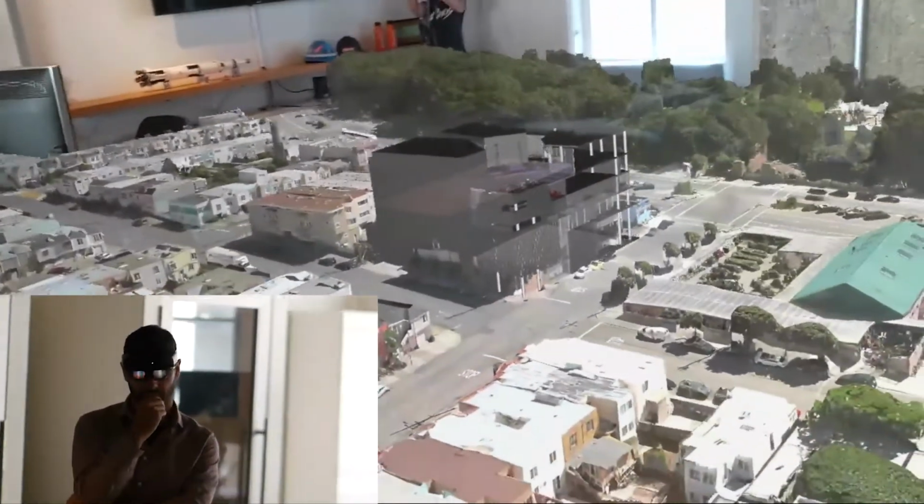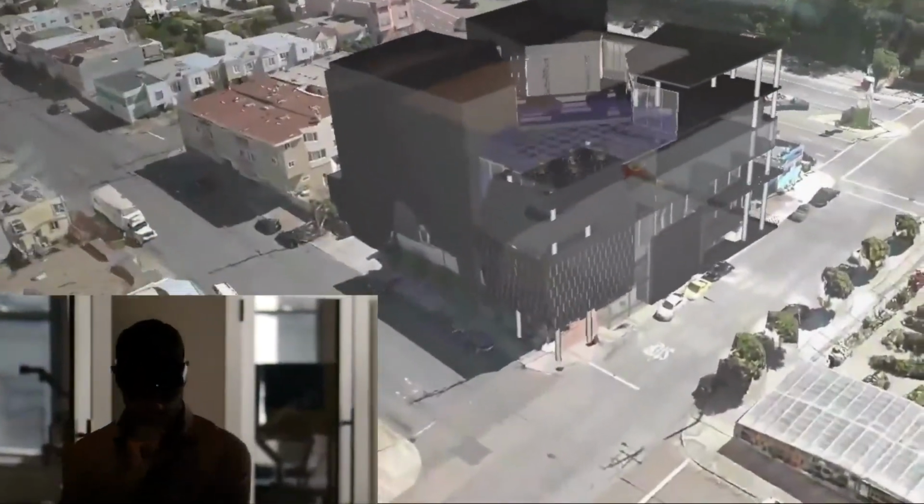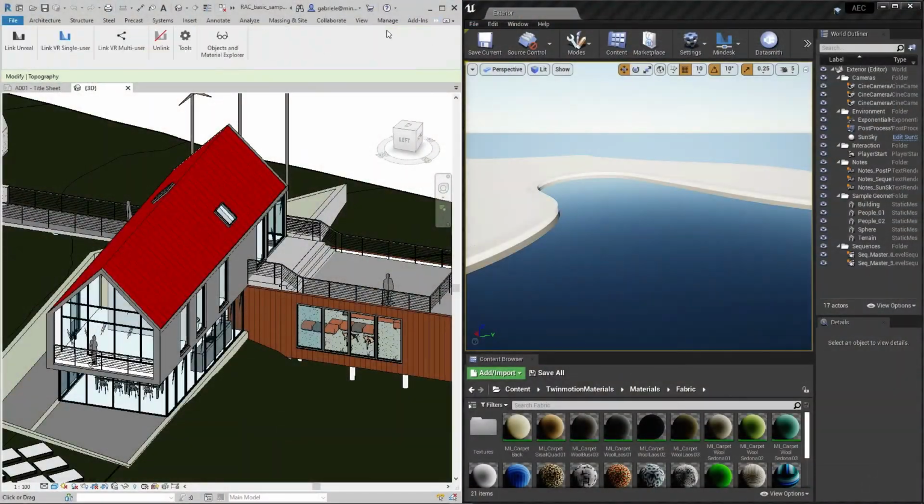Yes, so as you can see, she's asking to remove these panels from the facade. Okay. So those have been removed in real time. Okay. And then I would like to jump to